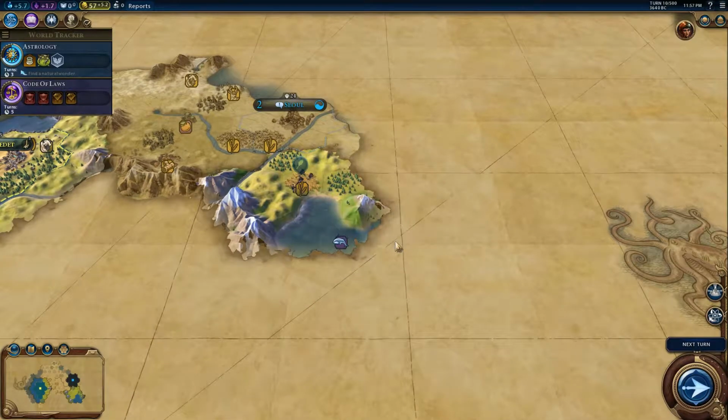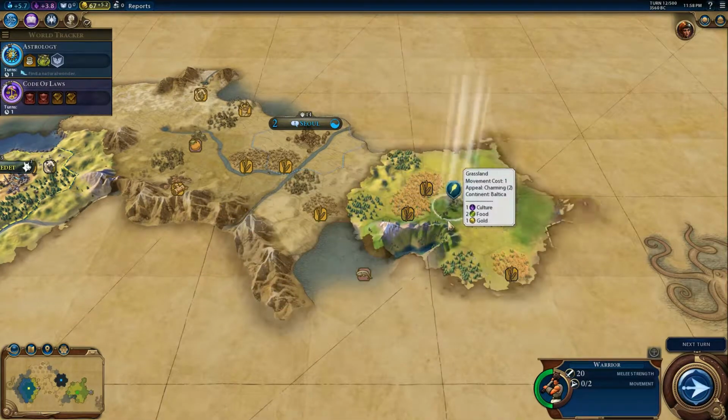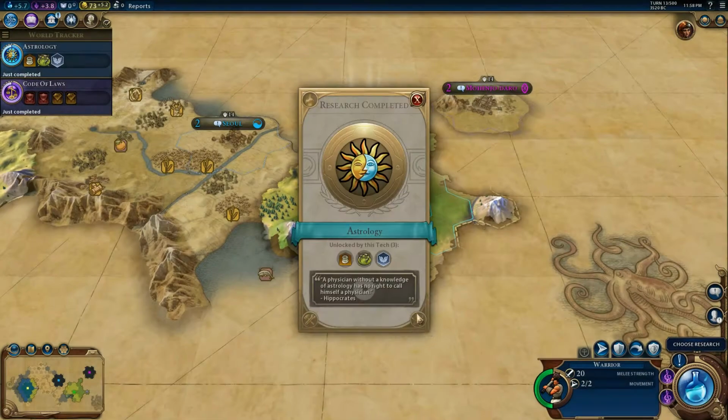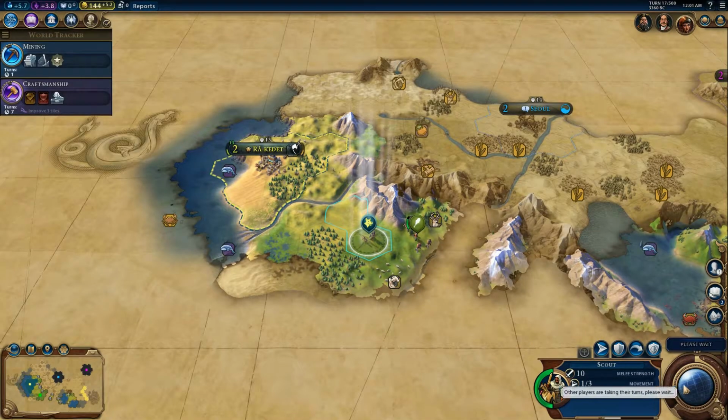So I think we're on Prince, it's the standard, whatever the default setting is, but I'm on a standard continent rather than a small, which I think is the default setting. And this is only my third proper game. Now, I've started quite a lot more games than this, but